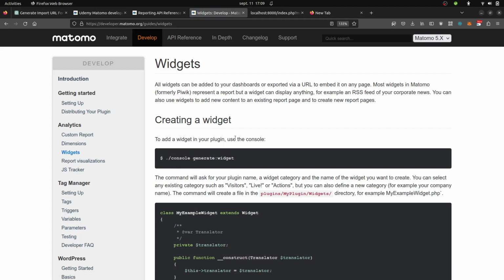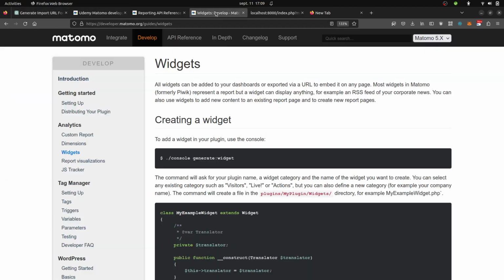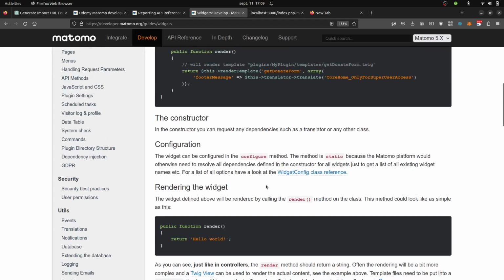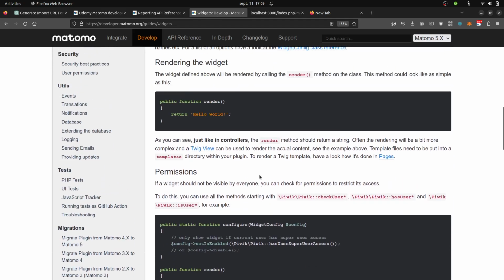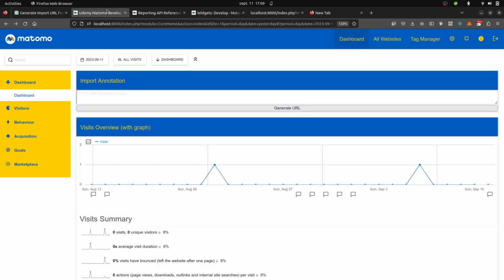I just take the default code of Matomo and then I use ChatGPT in order to discuss with it. In fact, I felt interest with the widget thing as well, because when you create a widget by default, the only thing you have is the return function with some HTML over here. So it was kind of easy for me to identify that we could go for some HTML. I was thinking of a form, so that's why I asked for a form,